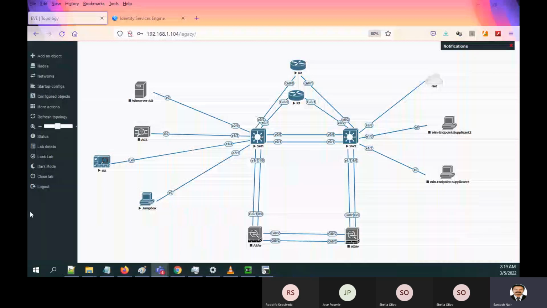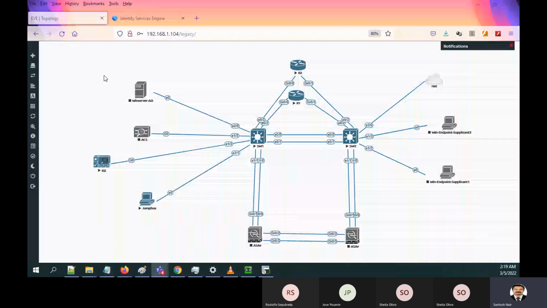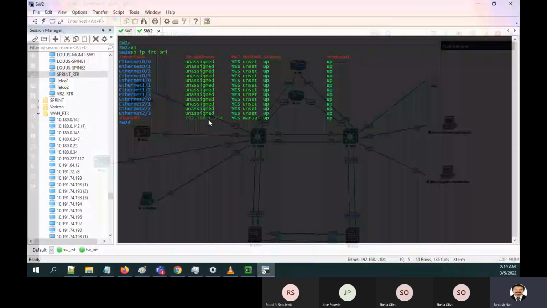Okay, so I've closed all the applications. So where were we? We checked on the IP addresses. Okay, and the TACACS configuration is done on the network device already. So we will come back to the